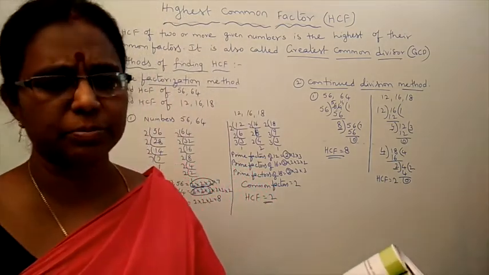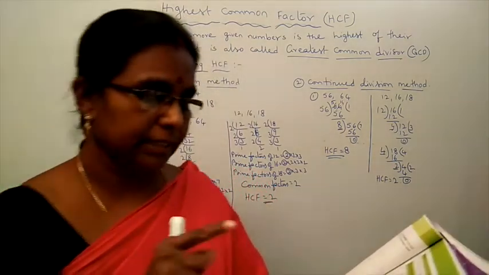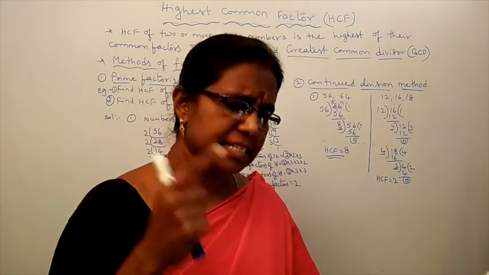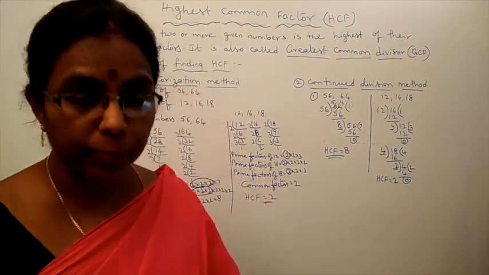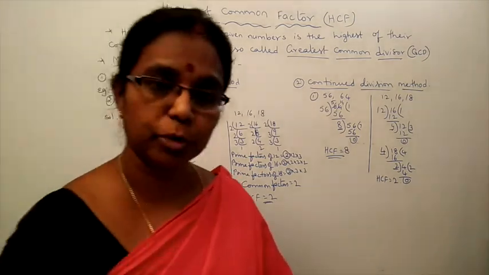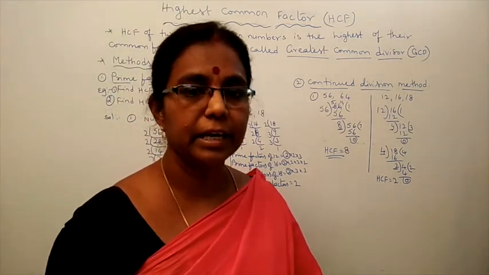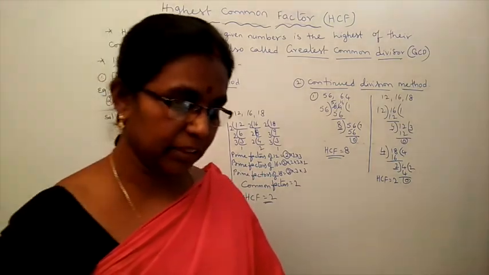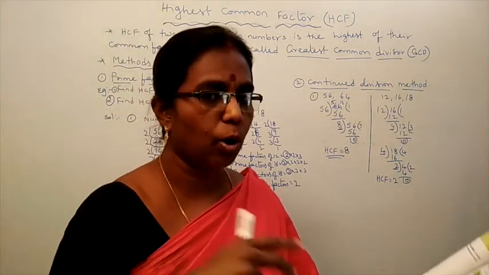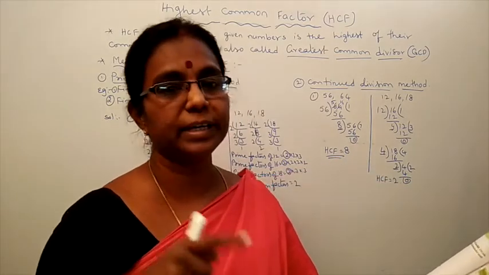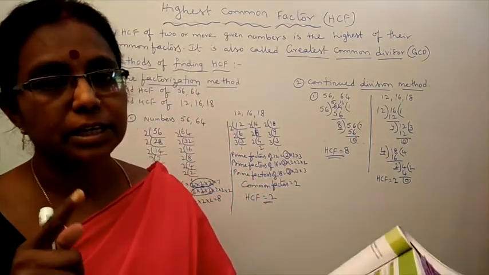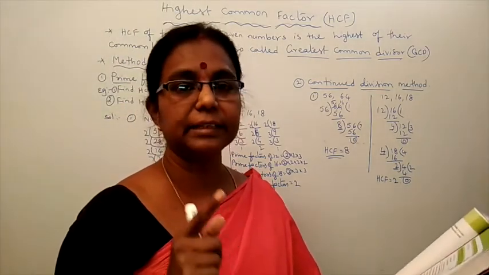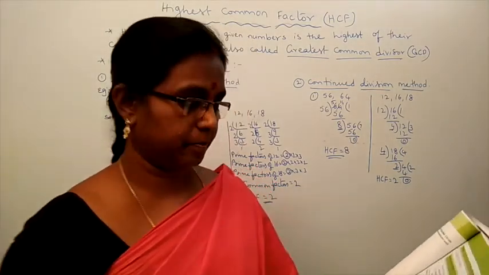Half a meter or 1 meter, 2 meter is never left because a 1 meter stick is suitable for that measure. Like that, the largest length of the stick: 2 meter is possible, or 3 meter, 4 meter, like that. That means you have to find the HCF of those 3 numbers. Then you will get the length of the longest stick which will measure all the dimensions of the room in exact times. That means nothing is left while measuring with that stick. It will be an exact measurement.